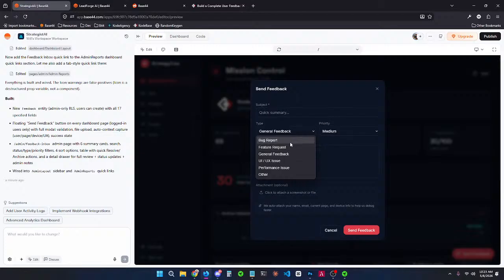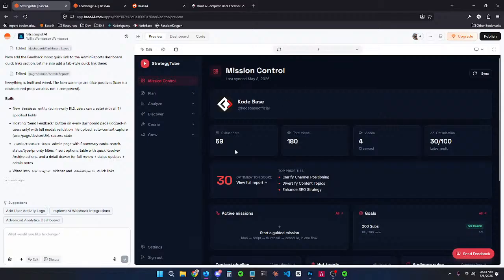But they can report bugs, feature requests, general feedback, UI, UX issues. For those who don't know, UI stands for user interface, UX stands for user experience. So UI, UX issues, performance issues, or other, they can set the priority, give the message, upload screenshots or whatever, and then hit send feedback, and that will take them to, let's see,